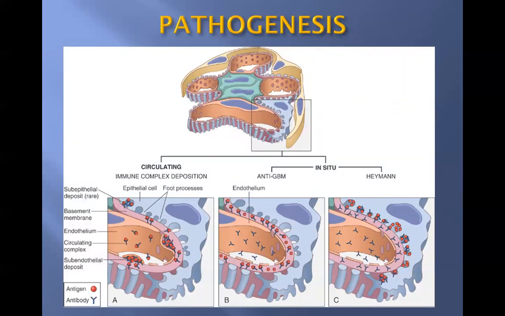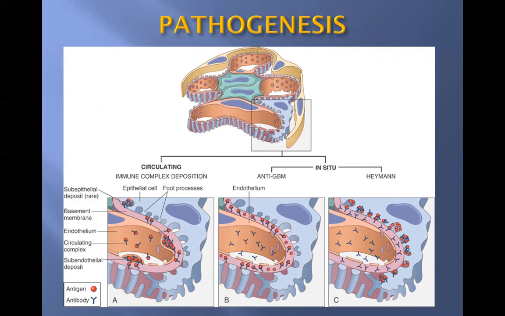This is the first one, in which the whole glomerular basement membrane becomes antigenic. So these are the antibodies. When they attach here, they form a linear, smooth pattern, because the whole basement membrane itself becomes antigenic. The other one is the planted antigen. When the antigen goes and attaches here, and the antibody comes and attaches to this antigen, they form a granular attachment, meaning a haphazard type of